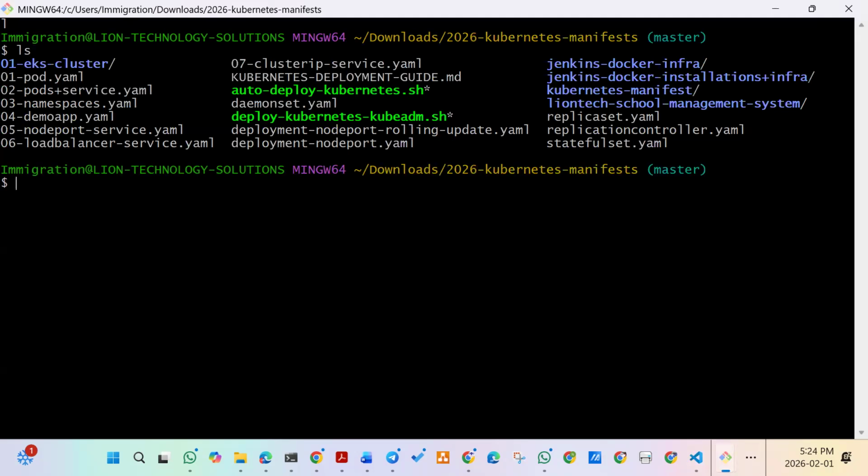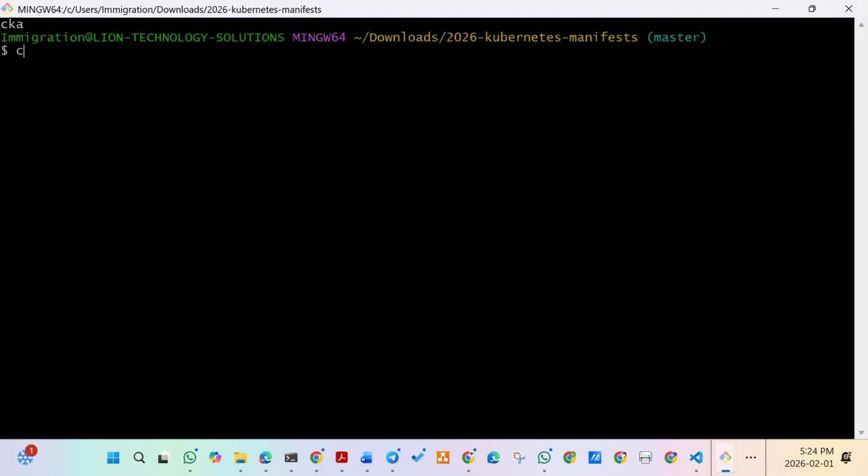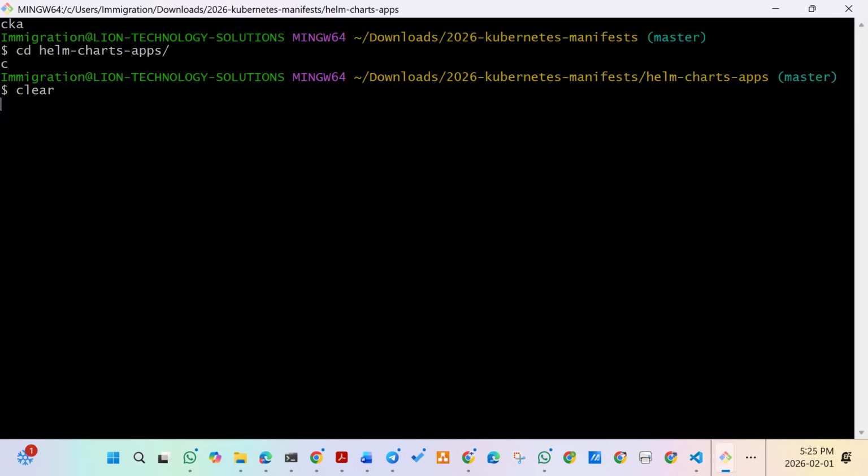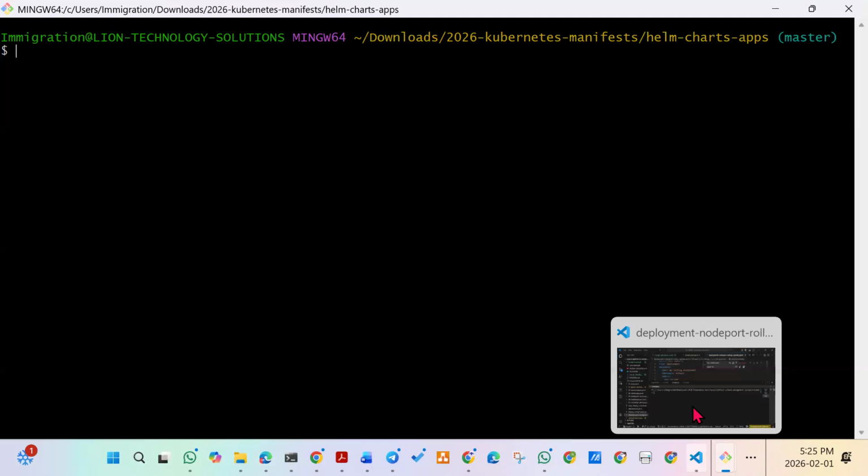Now, let's create a Helm directory. Make helm-charts, helm-charts-apps. Very, very important. Do that, and I clear my screen. Now let's go into helm-chart-apps. And if you go to VS Code here,